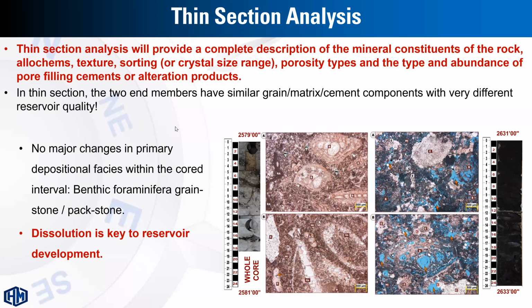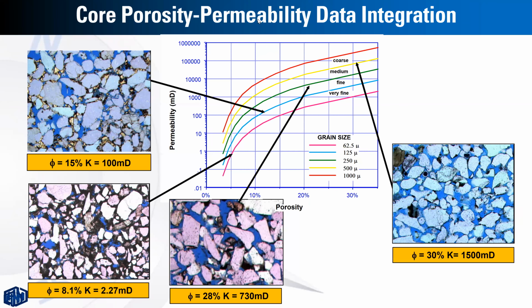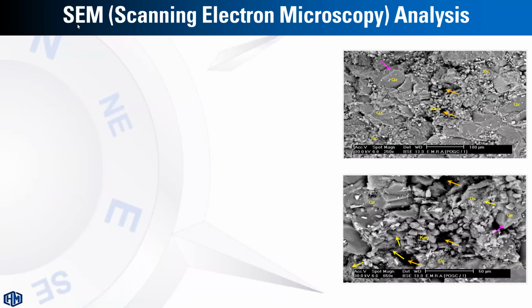This is a carbonate reservoir. Also, integration between porosity and permeability with thin section is important. So this one, we have a high permeability rock type, and this is the description by thin section. But this one, we have a low permeability rock type, and this is the corresponding thin section analysis. The last part is the SEM. It's a very high magnification of the